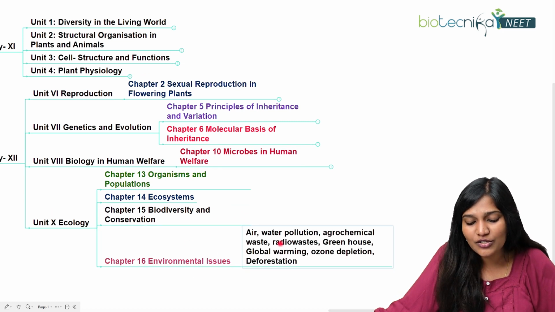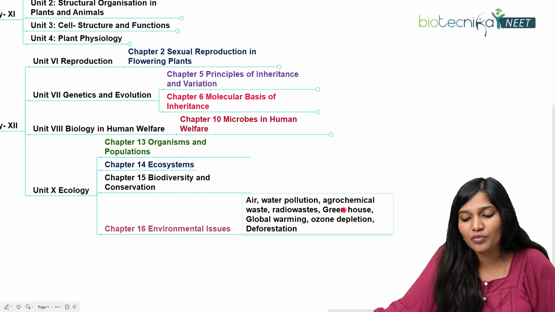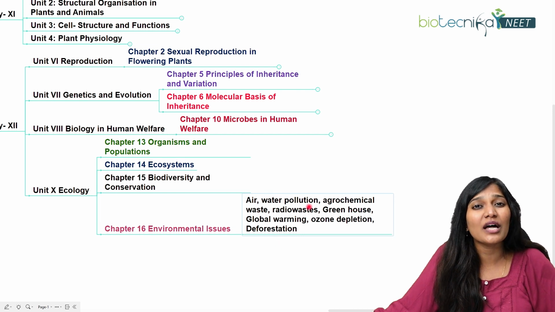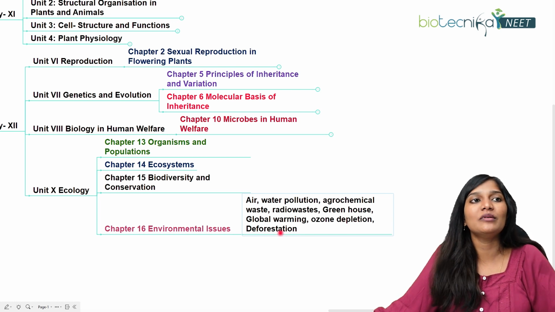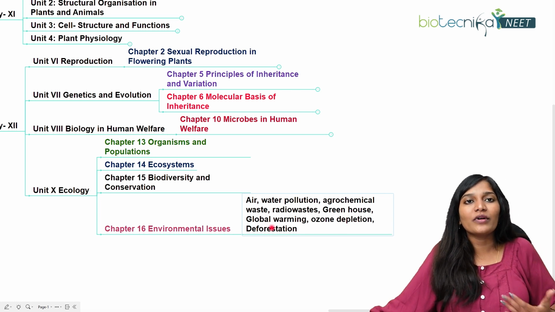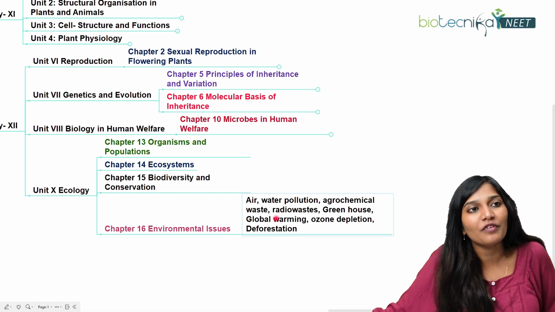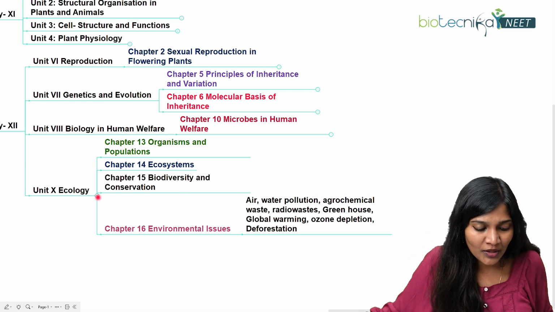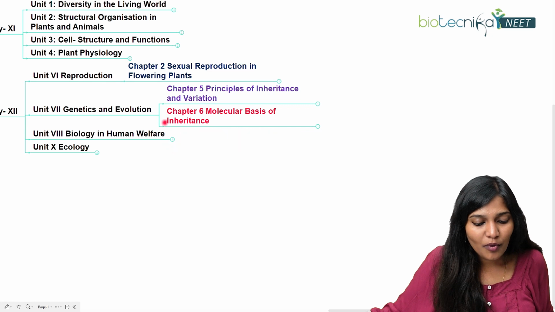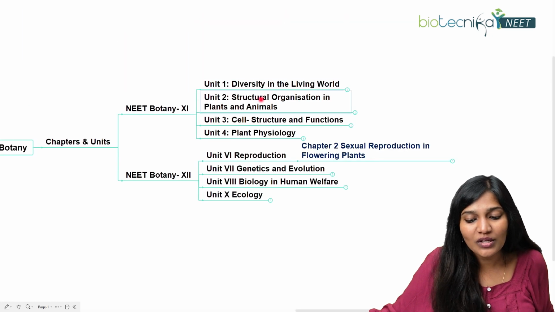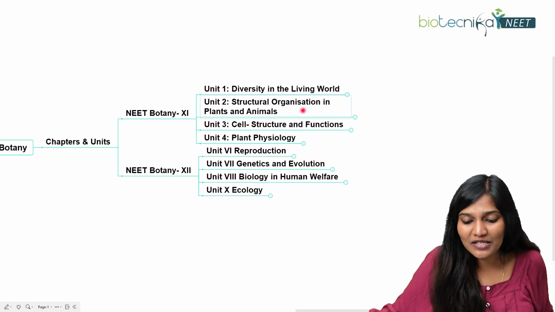Last, environmental issues, we'll be studying about air pollution, water pollution, and some of the acts which have been implemented. We'll be studying agrochemical waste, radioactive waste, greenhouse effect, global warming, ozone depletion, deforestation, and finally we'll be studying about some of the programs that have been conducted to prevent these environmental losses also. So these are the most important topics for each of the units in each of the chapters, very specifically for